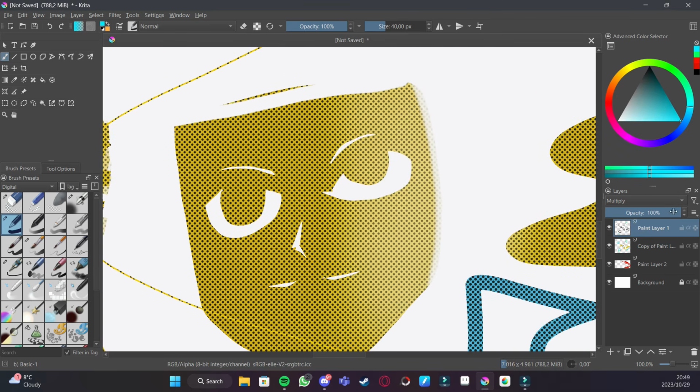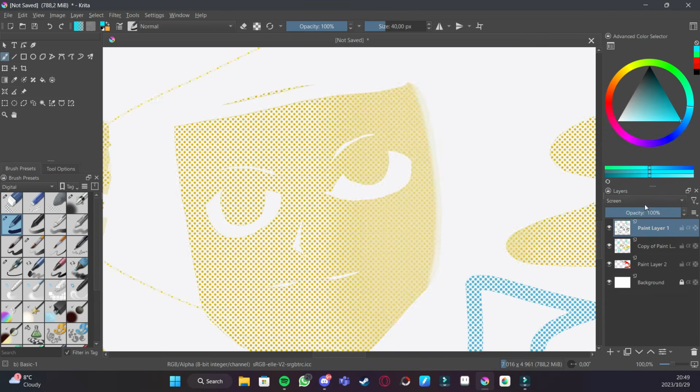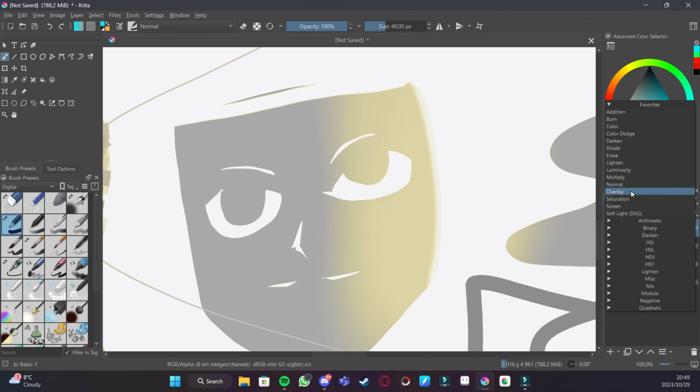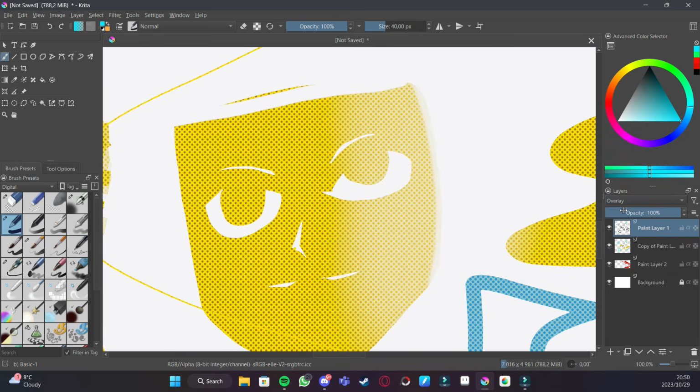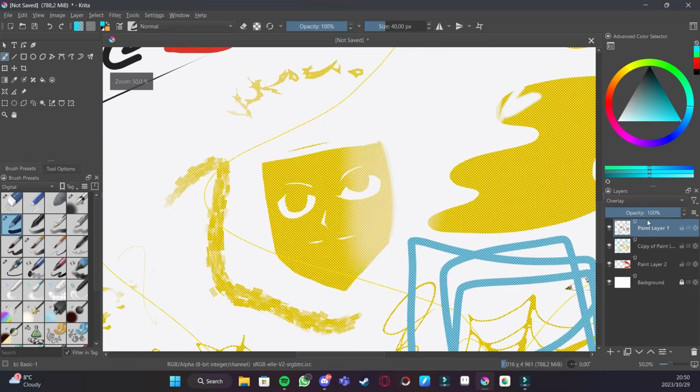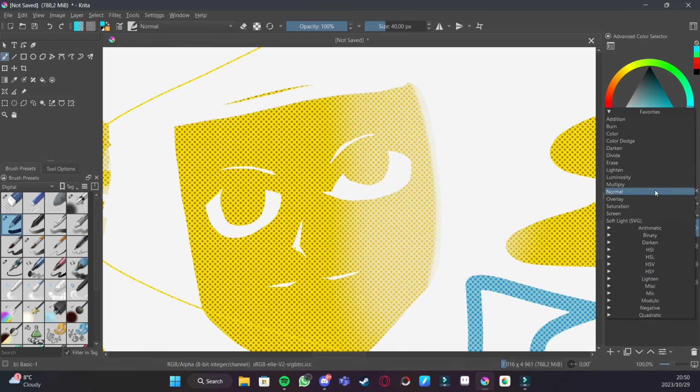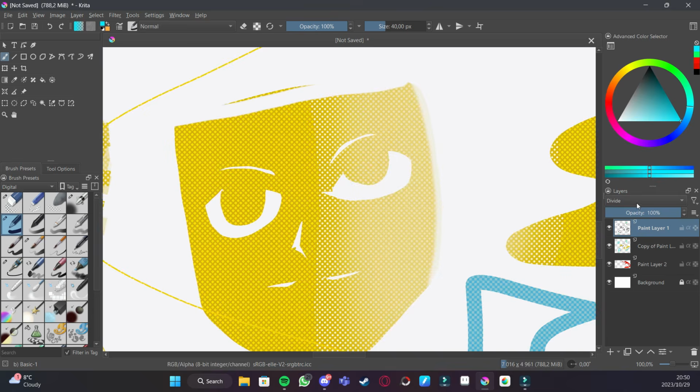There's multiply on this layer, but you can also mess around. This is just a messing around game to see what you like best. But multiply would be your best. Either multiply or overlay. Those would be your best bets. So I either use those two for specific things. If you want to do fancy other stuff, I do use divide, but since it's black, nothing will really change. But if I go to orange,